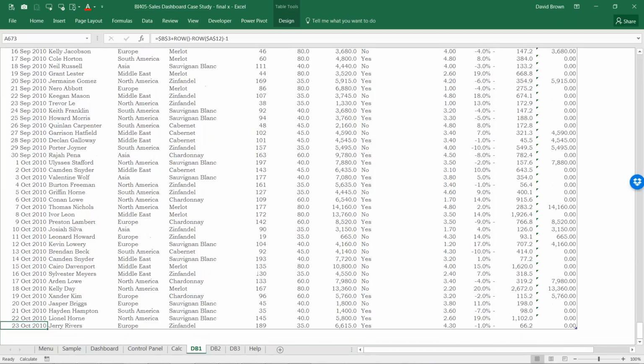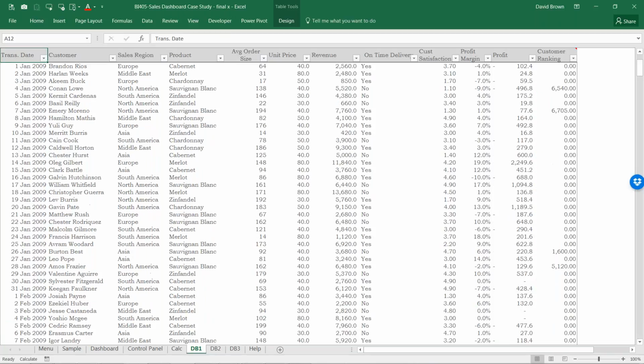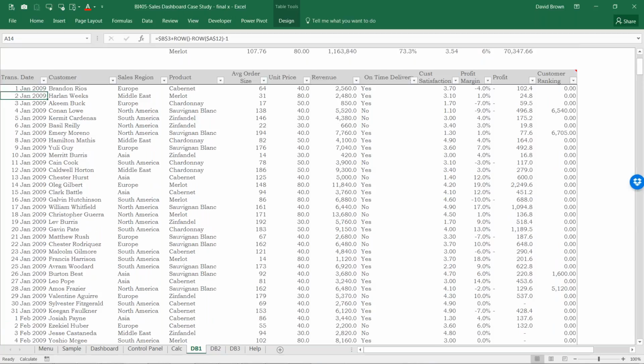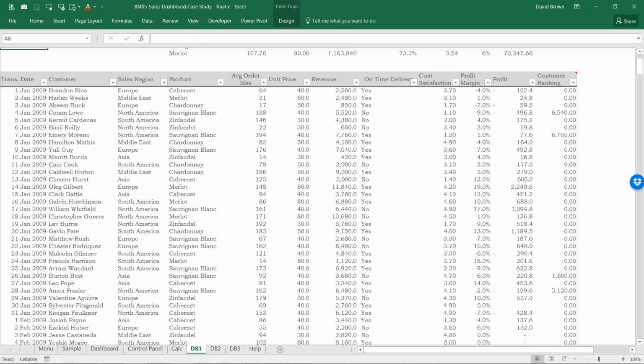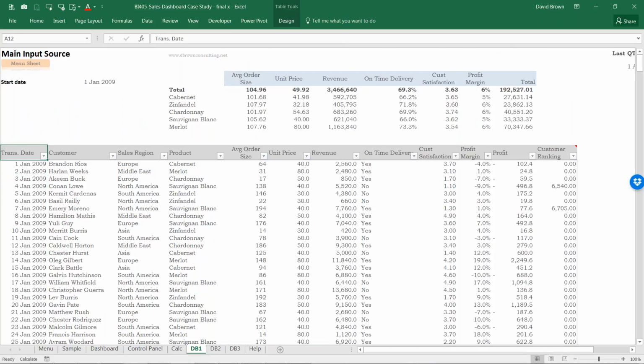Now, there's quite a lot of formulas that go into this. You have various ways of creating a dashboard. You could create one with Excel formulas, which is what this one does. You could use pivot table to create a dashboard, or you could use Power Pivot to create a dashboard. You could even create a dashboard and load it onto powerbi.com. Powerbi.com is a self-service business intelligence tool from Microsoft, which is excellent. So you see there are various levels of how you can create dashboards. But Excel is so flexible. Excel is basically one of the most used business intelligence tools out there. If you use Excel efficiently, you can do nearly anything and everything in Excel.